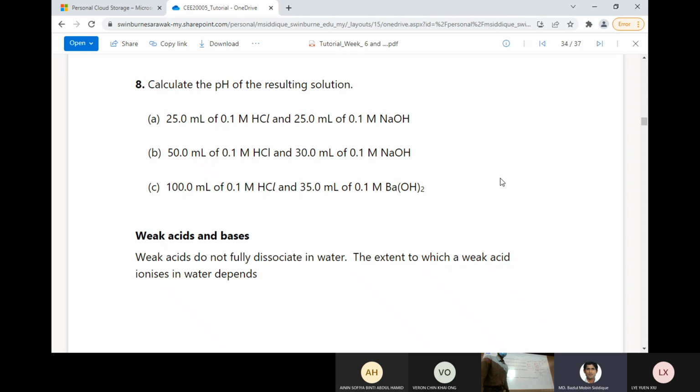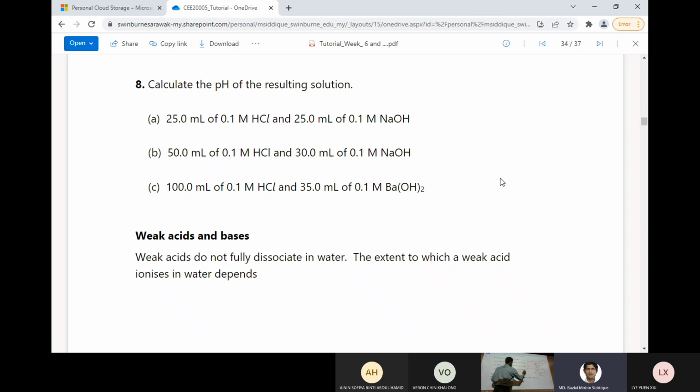Okay, so another question. 100 milliliter of HCl, 35 milliliters of barium hydroxide. Same way. It will go the same way. I'll just show you the reaction. HCl plus barium hydroxide. So it is producing what? Barium chloride. It is producing barium chloride,